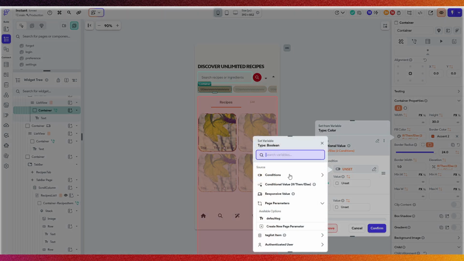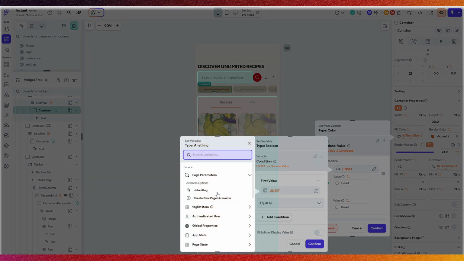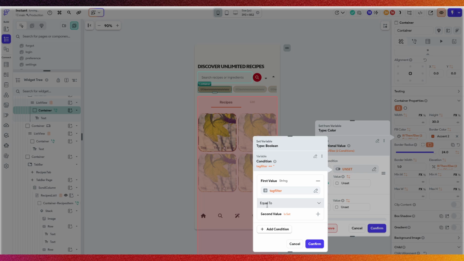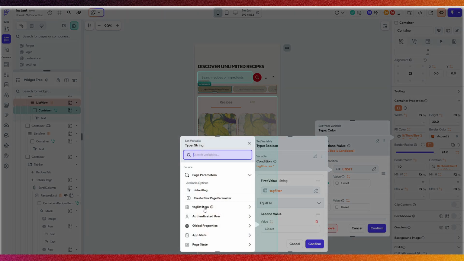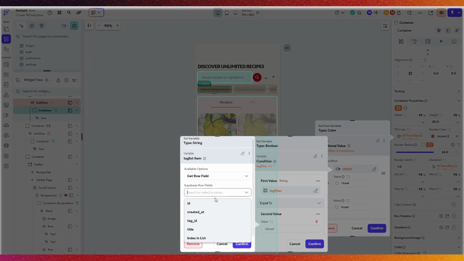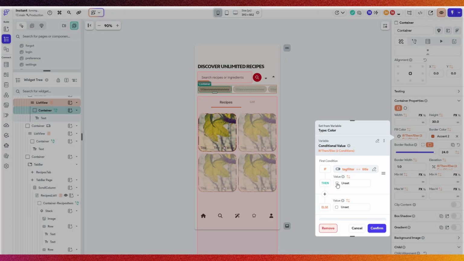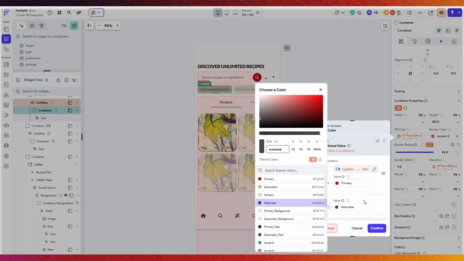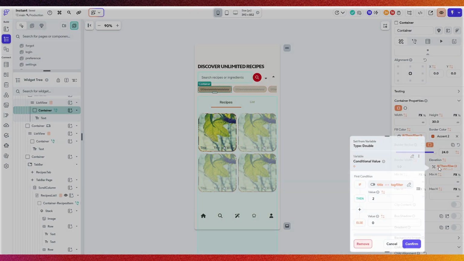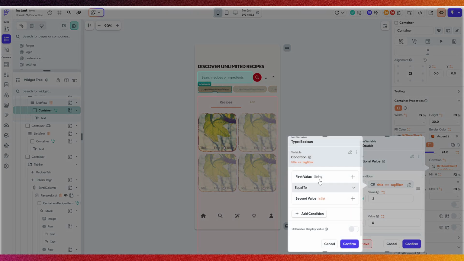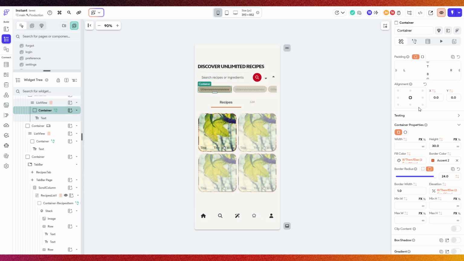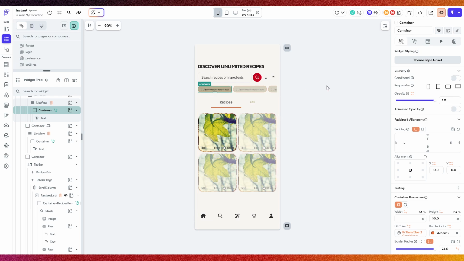Oh, I can't press cancel there. Okay, let's try it again. Where page state tag filter is equal to tag list item get row field title, confirm, and then you just want to set the color. Let's say you want to use red, or something like gray. So that's just the idea. And the same thing would also apply to the elevation, so it could also move up a bit, because it's the same condition we have in both cases. So that's just the basic idea of a basic solution for your second query. And yeah,